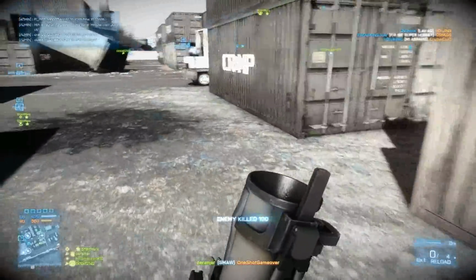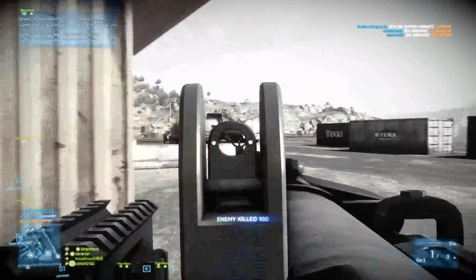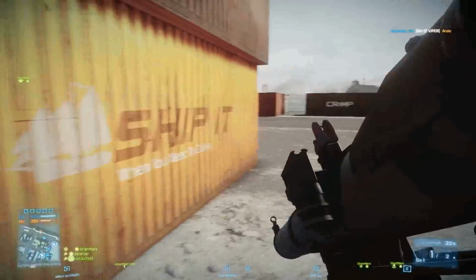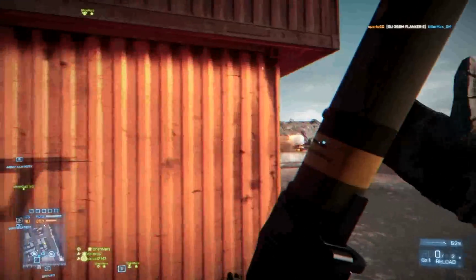See, there we go. Killed an enemy. You always got to try and kill those guys out there repairing that tank. You don't want that tank getting repaired. Looks like they're probably repairing it on the side, so it's always best to try and get the guys...